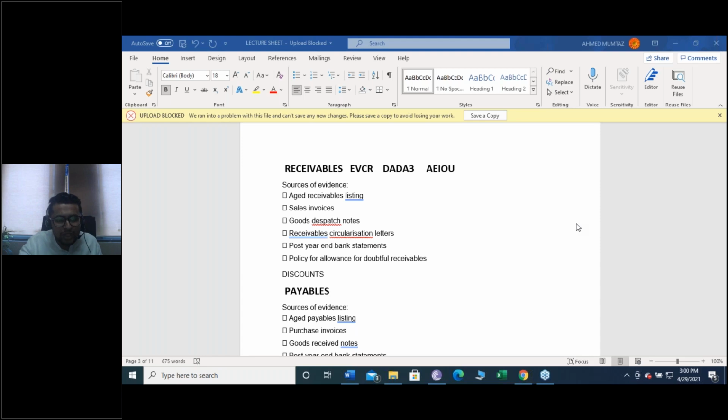Sir, for the valuation of receivable, can we reconcile the receivable ledger with the customer individual accounts? Absolutely gold. Moreover, you would like to end up reconciling it with the statement of financial position and trial balance as well. Well done. Can we verify existence by tracing receivable to good dispatch note? Yes, because if the good dispatch note does exist, that means that receivable is not fake and that receivable does exist. Abdul Mohit, you're right.